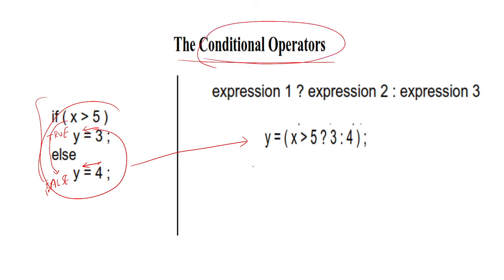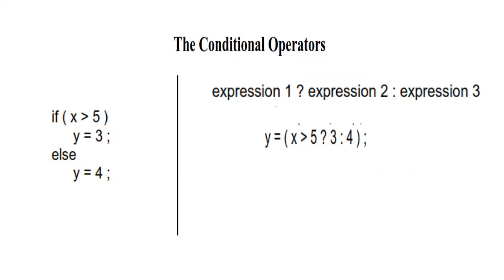Like here, we will write on the left side the variable where we want to assign the output. So here, in expression 1, which is this, we will use these conditional operators. These are the ternary operators, question mark and the colon. These two operators are used for conditional checks.